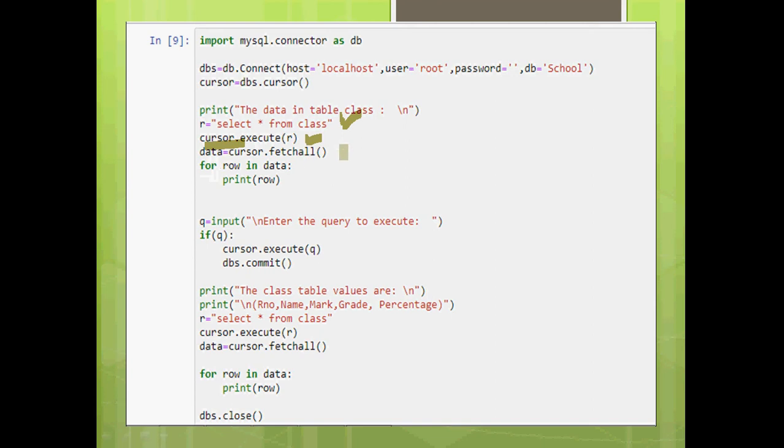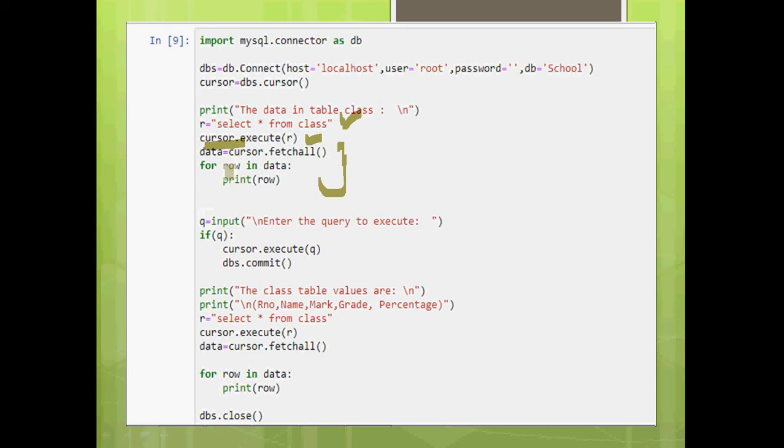Now what are we doing? The fetchall function is used to access the data, and this is the statement: data is equal to cursor dot fetchall. So every record returned by the select star from class query will be stored in data as a list of rows.